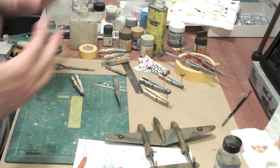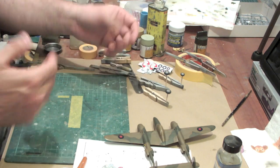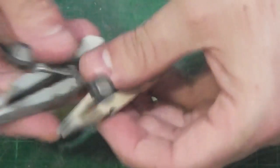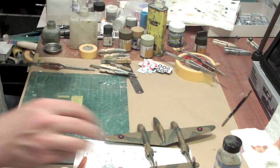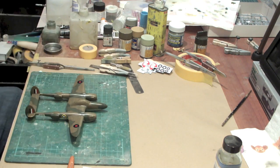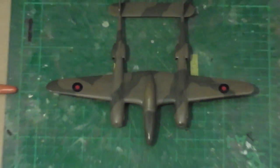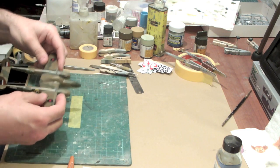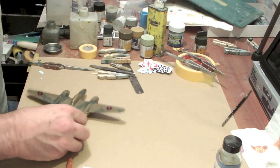Also, as I said, while we're doing this, we're kind of working through the finishing stages of the model and doing little details. So I've also taken the opportunity to paint the wheels themselves, so they're out the way now, ready for finishing. So what I'm going to do is I'm just going to bring the lens out. Okay. So move that to the side. So with that done,